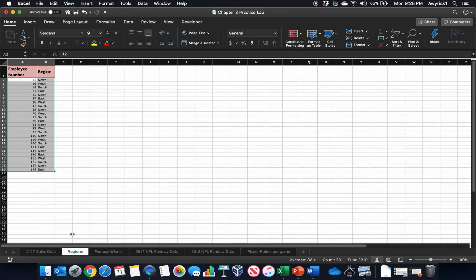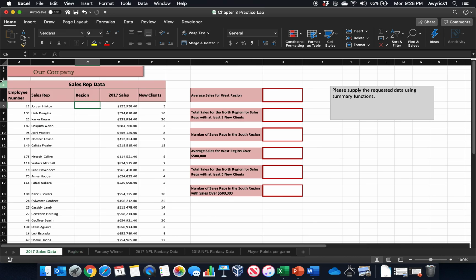Before we do that, let's take a look again at this data and realize we have employee number and region. Region's what we want to return, employee number is what we have, so we'll go back over to this data and realize we have employee number as well. So we'll use that for our lookup array. So let's just remember a VLOOKUP